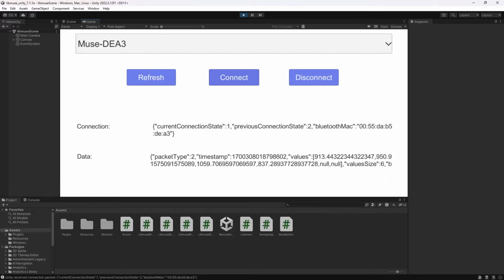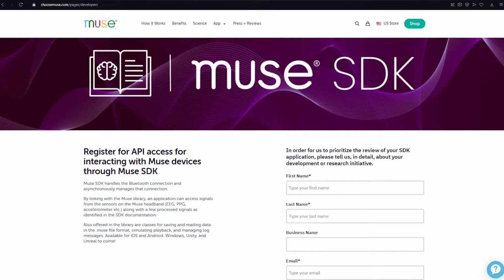This fix literally happened yesterday, so I haven't had the time to put gameplay elements into the Unity example. The interesting thing is that the Muse does give me out of the box heart rate, which is yet another data point that I can use for video game design. If you want to try it for yourself, you just have to go to choosemuse.com/pages/developers, fill in the application to be able to access a forum with all the necessary data and of course the API links, and you can just try it out for yourself.